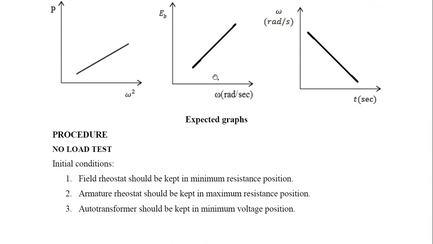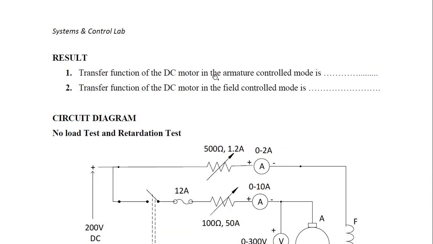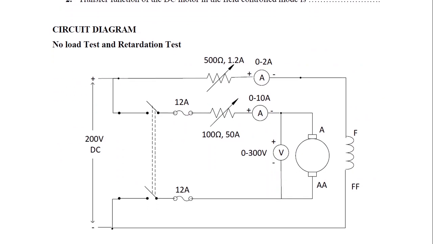And also the auto transformer is kept at minimum position. That is applicable for the thyristor bridge circuit. Why? Because for the thyristor bridge we are giving the three phase supply through a three phase auto transformer. So that is why it is kept at minimum position. It is written in our lab manual.